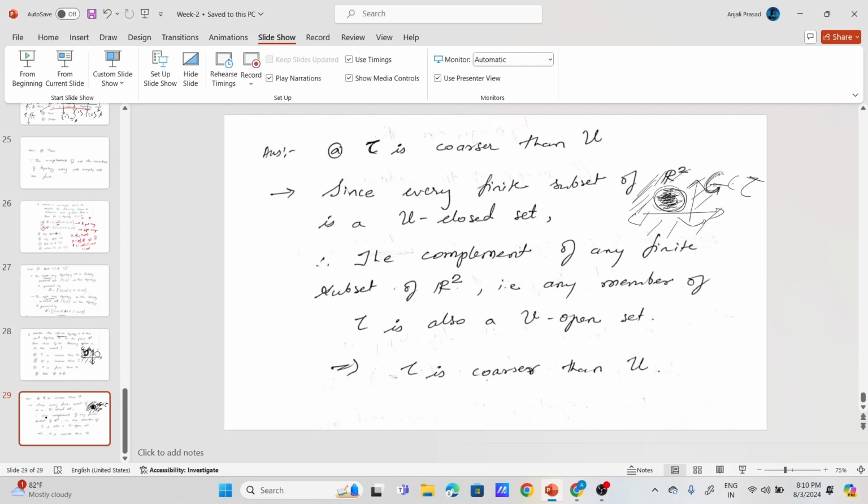ठीक है। डिस्क अनकाउंटेबल मैम, कुछ पॉइंट्स निकालेंगे मैम, मुझे लगता है कि 1 2 3 4 इस टाइप से। आप सिंपली समझो ना, ये आपने R2 लिया है, राइट। इसके अंदर आपने एक डिस्क लिया, इसको एक्सक्लूड कर दो, बाकी का क्या बचा, ये ओपन डिस्क आप ले रहे हो, ओपन बॉल जिसको हम कहते हैं R2 में, राइट। तो इसके अलावा ये वाला पूरा पार्ट बचा, इसको आपने जी ले लिया, बाहर वाले पार्ट को, तो जी का कॉम्प्लीमेंट हो गया आपका ये डिस्क।